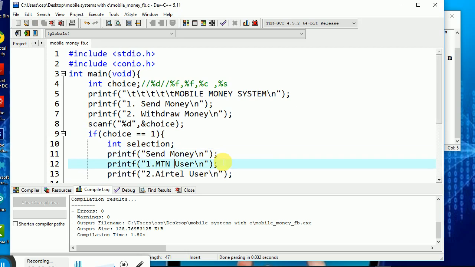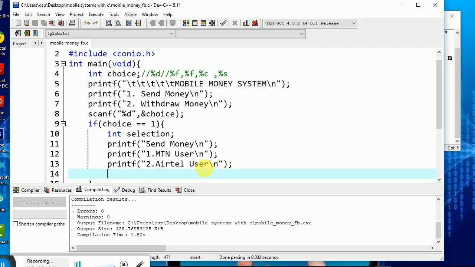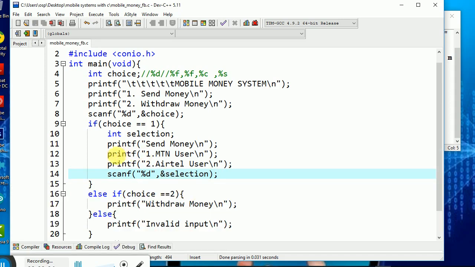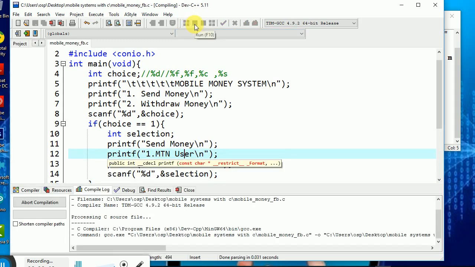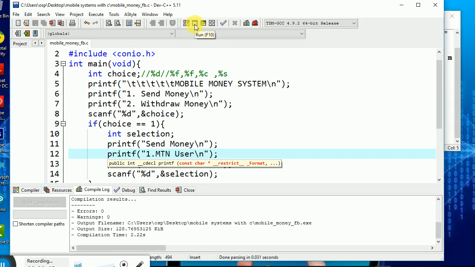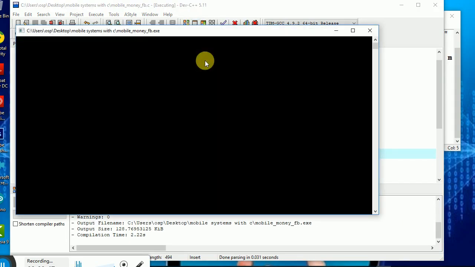So I'll just go back in my application and I simply do scanf and I put %d still like that and I use the ampersand, which is the address-of operator, to bring that gap so that I don't have a problem in my code. So that's it. If you check at the moment, that's what we have. So MTN user, Airtel user, and at the end of the day, that's what we have in our system. If you try to run this now, it can now scan the user's choice for MTN or for Airtel, but now it will not do anything with it. That's what you have to know.